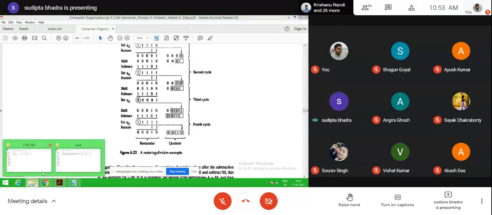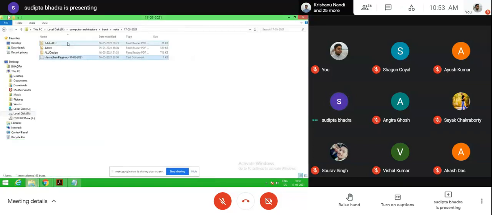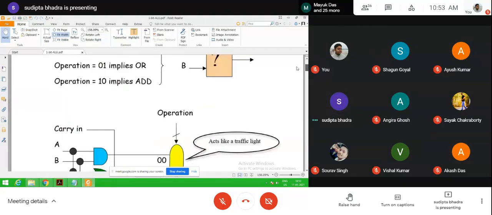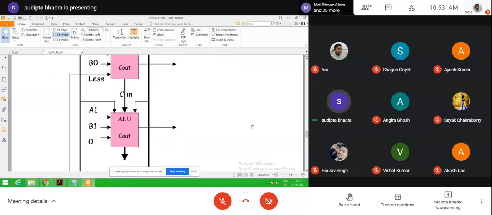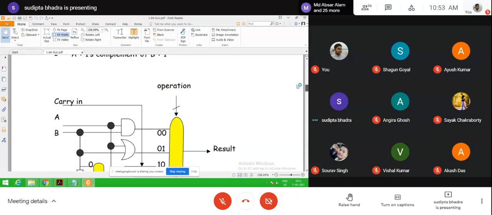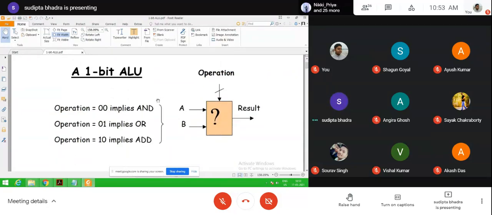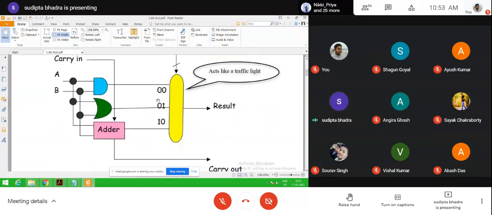Another thing I want to show you is how to design a 1-bit ALU. In case of a 1-bit ALU, the circuit diagram is here.